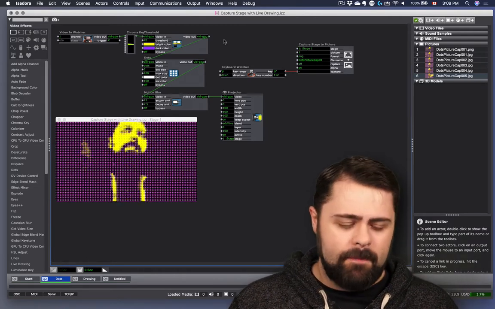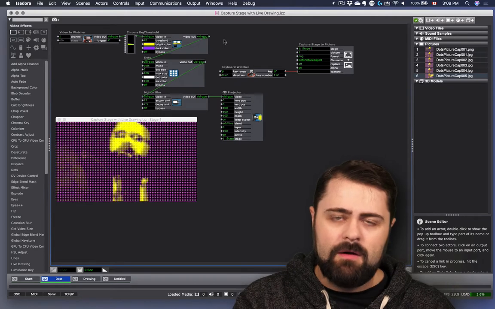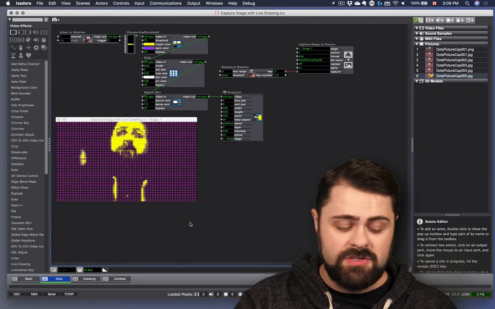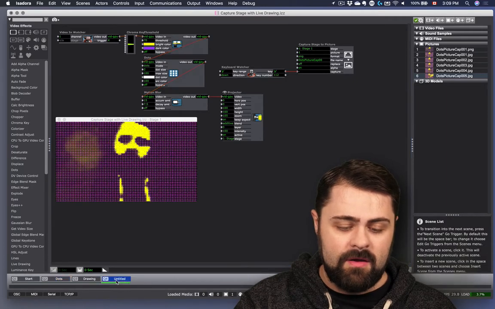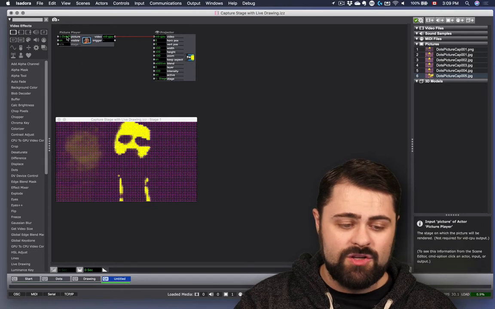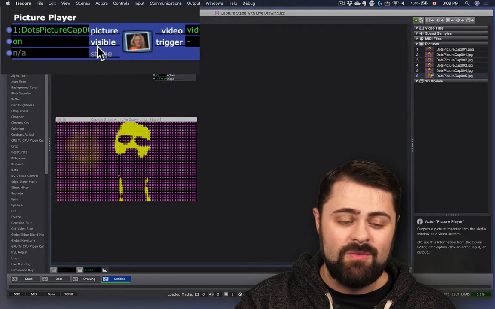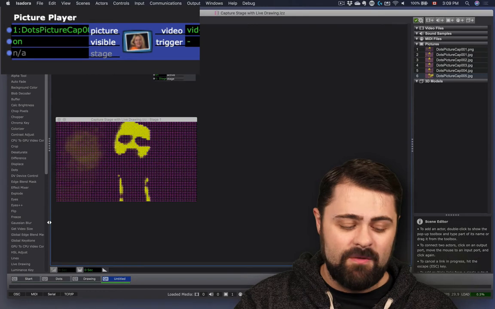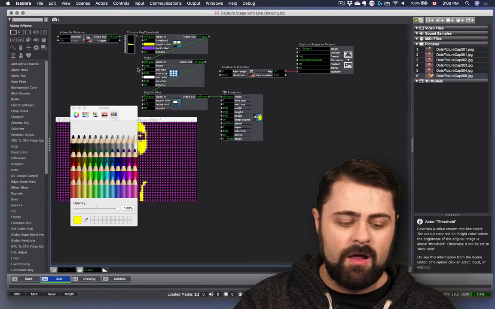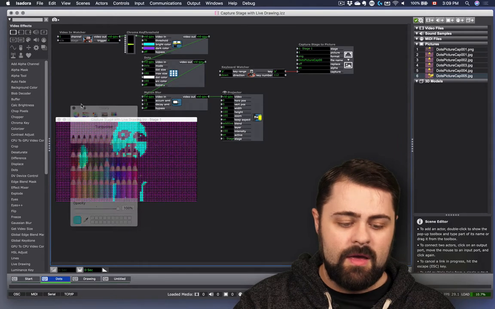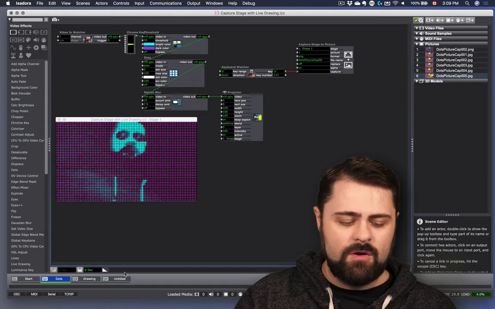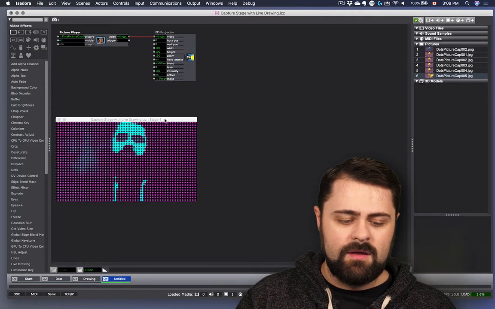Well, it's pretty simple. This picture file is picture file 1. And in this other scene, where I have a picture player and a projector, well, this picture player is always pointed at picture 1 in the media bin. So if I go back to this previous scene with the dots, and maybe I just change what my bright color is here. Now I'm going to take a new picture. Gets replaced.